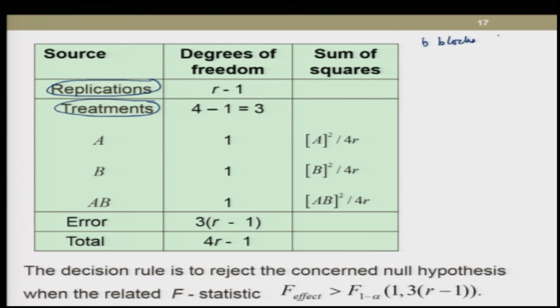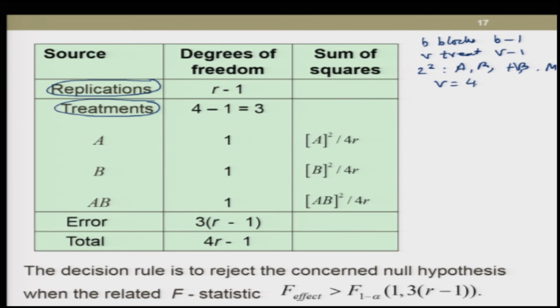degrees of freedom associated with the sum of square due to blocks was B minus 1, and if there were V treatments, then the degrees of freedom associated with the sum of square due to treatment were V minus 1. Right. Now, in this case, how many treatments do we have? Suppose I take the example of a 2 square factorial experiment. So, that will be A, B, AB and M, that is the general mean effect. So, here V is equal to 4,